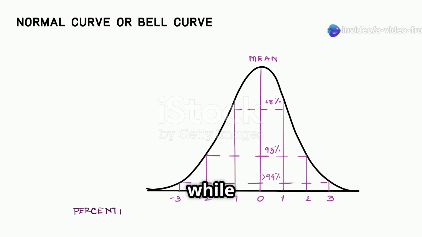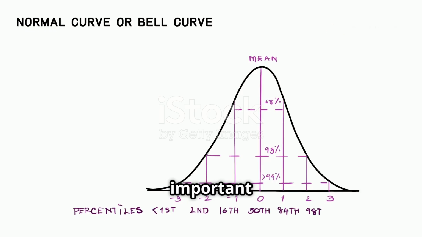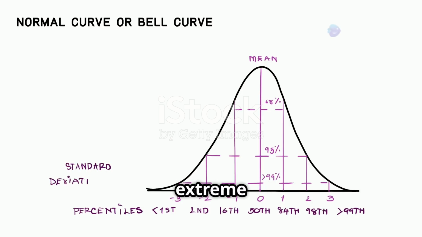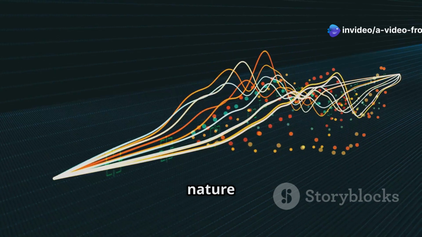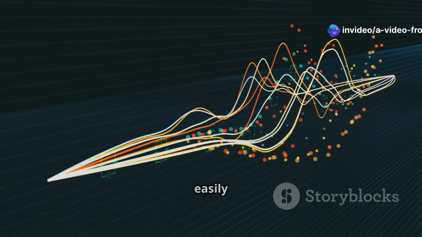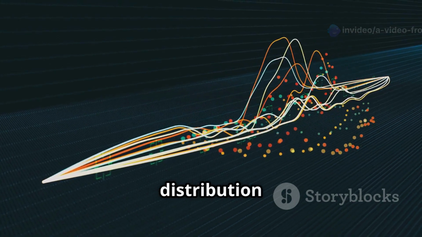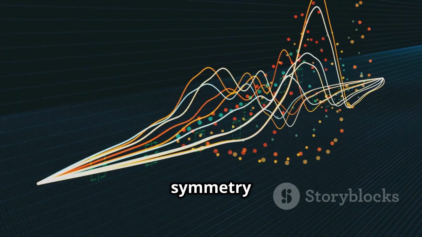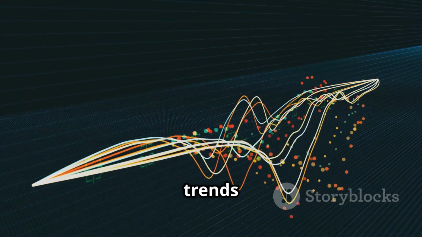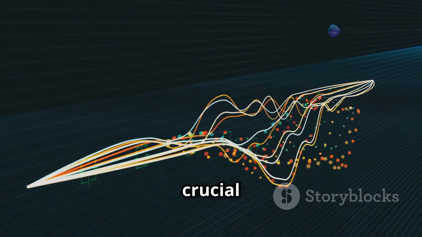These tails show that while extreme values are less common, they are not impossible. This is important in fields like finance and insurance, where understanding the probability of extreme events can help in risk management and decision-making. The symmetrical nature of the bell curve allows us to easily visualize and understand the distribution of data. This symmetry makes it easier to identify patterns and trends within the data, which can be crucial for analysis